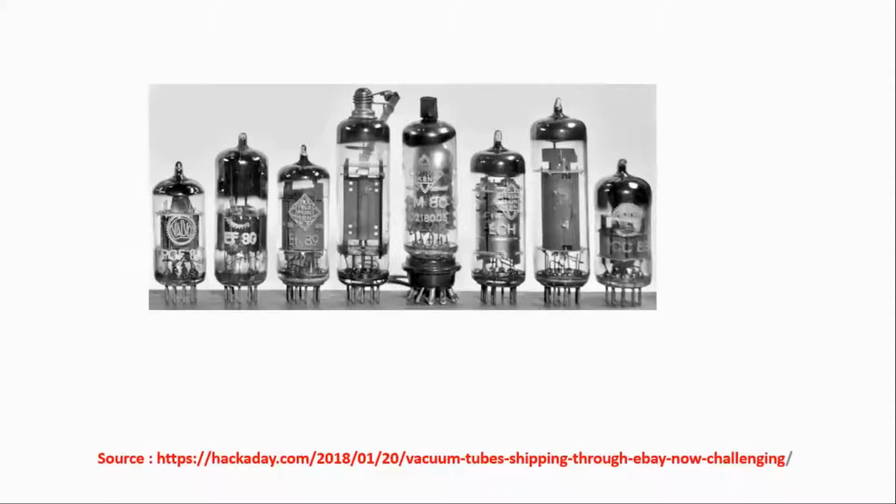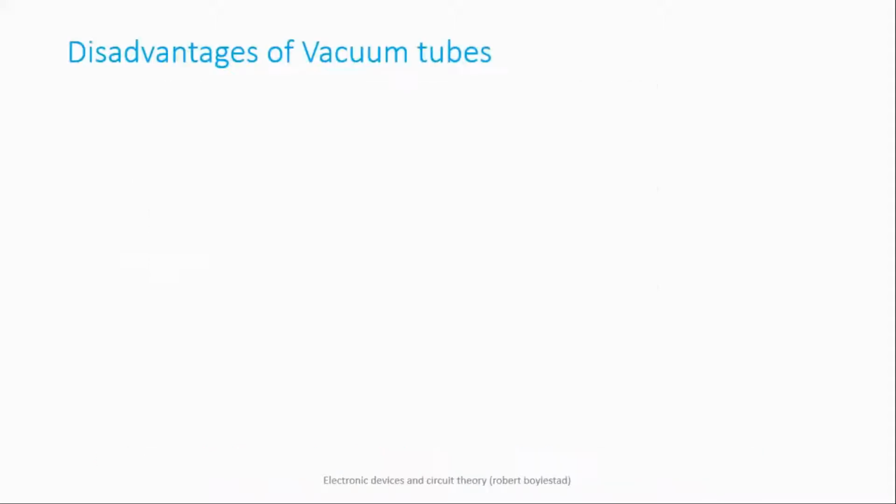So this is a vacuum tube. Although it was used extensively in all electronic devices prior to World War II, there are certain problems associated with vacuum tubes. So these problems are: bulky. Bulky means they are very big in size. Because of that, you are not able to get any portable products.